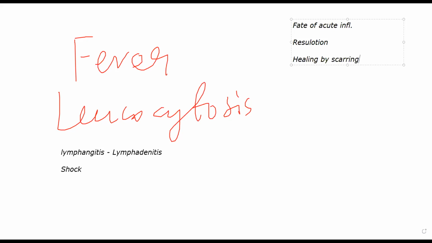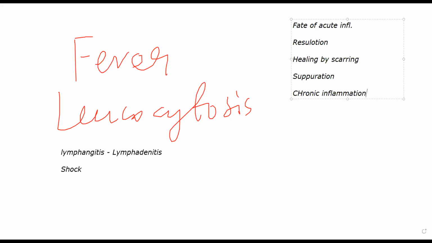बहुत बड़ी injury है तो scarring will occur, and your cell will heal. The tissue will heal. Sometimes another fate is suppuration. Abscesses are formed, pus gets accumulated, and all of that will occur. Finally, if any one of these fates is not occurring, it will lead to chronic inflammation. Okay? So that is the fate of acute inflammation. Once acute inflammation occurs in a patient, any one of these four can occur.